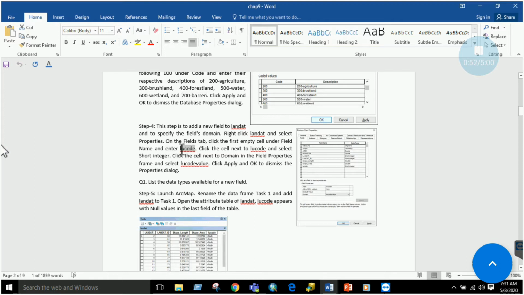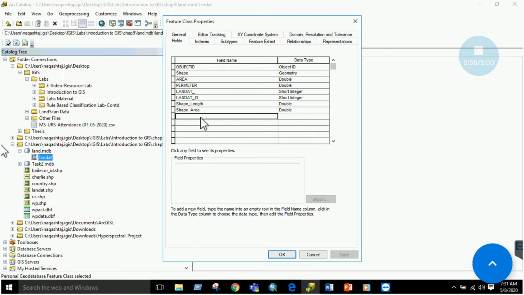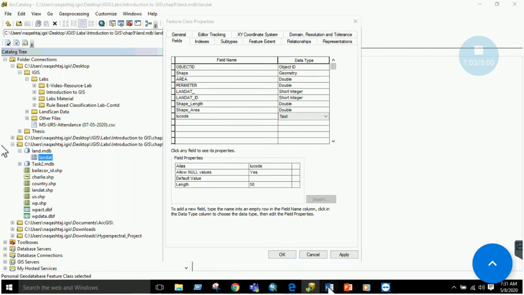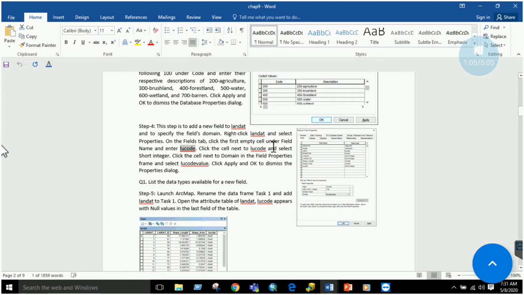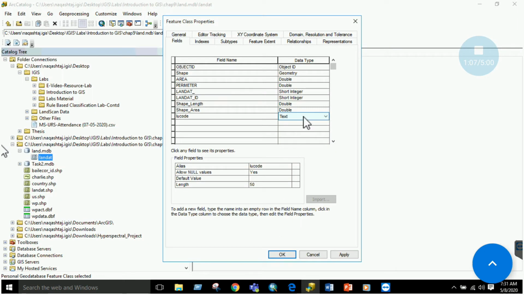So just copy it. If you cannot, just enter it, LU code. Now it asks you about the data type. So specify the data type as short integer, right? Here you have some options.